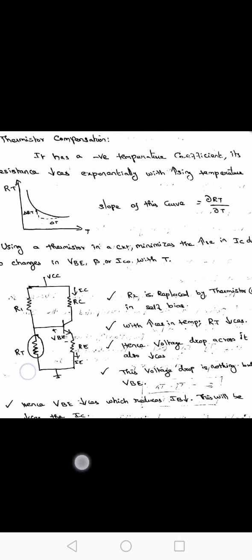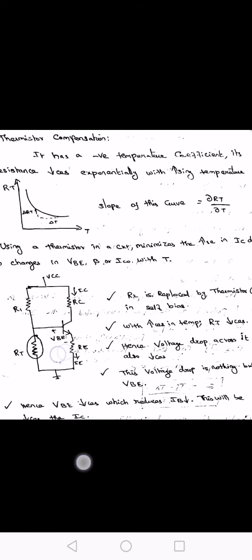Okay. So if the temperature increases, what happens? Automatically the resistor value reduces because it is a negative temperature coefficient. So if temperature increases, it will increase the collector current, we know that. It also decreases this thermistor resistance. So if the resistance value decreases, then the voltage drop across the resistor decreases because V is equal to IR. So if the RT value decreases, the voltage drop across VRT is reduced.